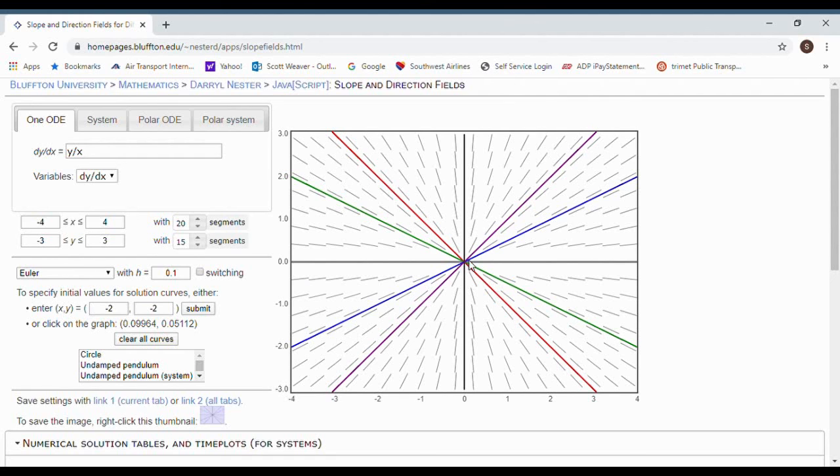So that's why there's only a limited scope of uniqueness, only until you reach the end of the interval that is within the rectangle within which the function, that is your differential equation, is continuous and has a continuous partial derivative with respect to y. Excuse me. All right. So that's that,